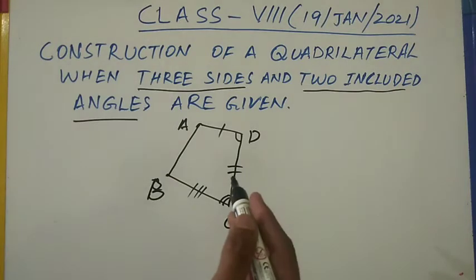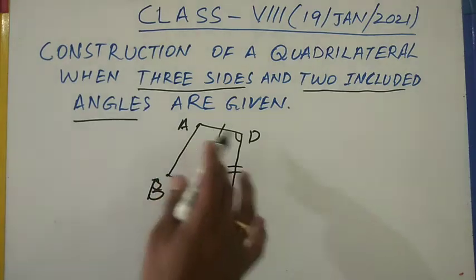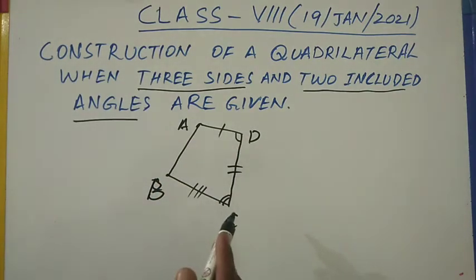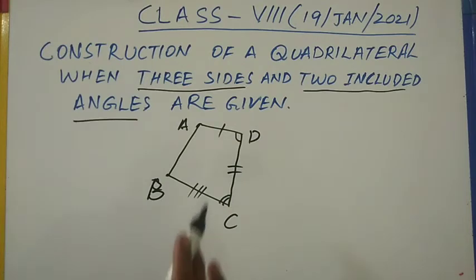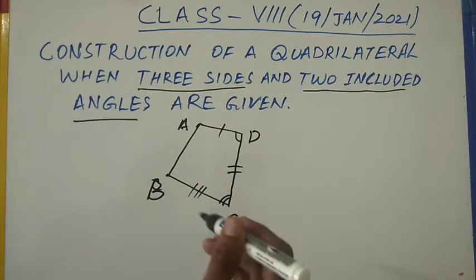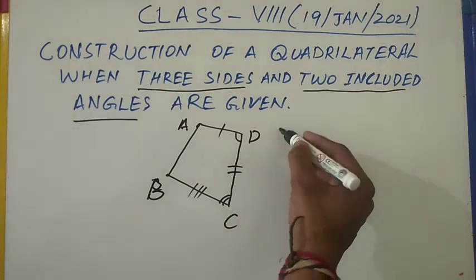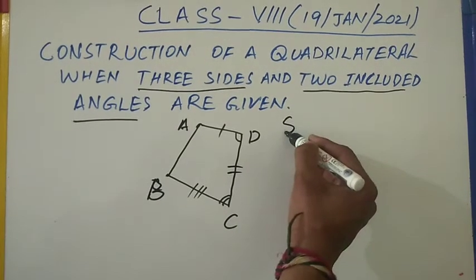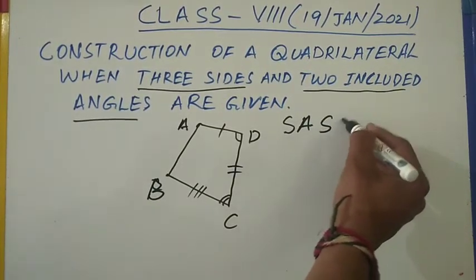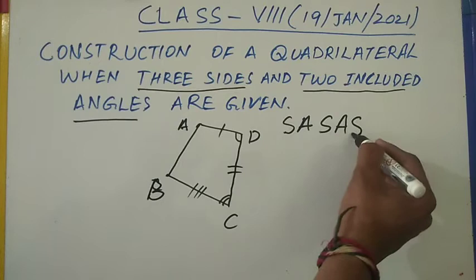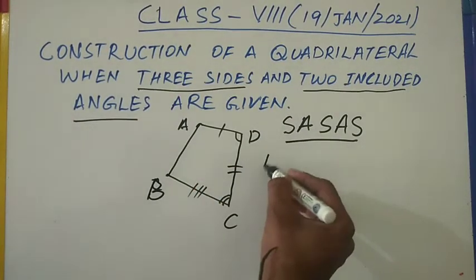Then constructing this quadrilateral ABCD, knowing 3 sides and 2 included angles between those 3 sides, that is what we are going to relearn. Here this information in short is also called SASAS type of construction, where here side